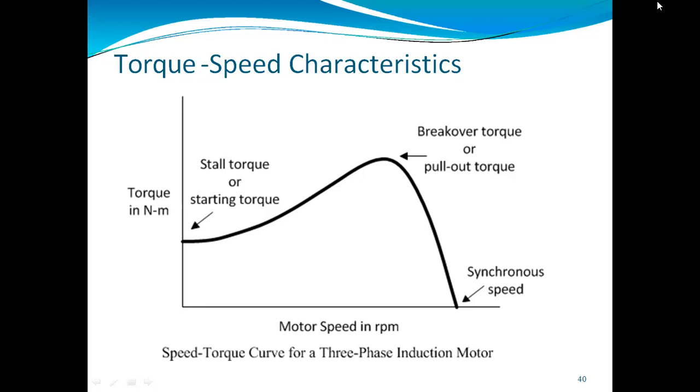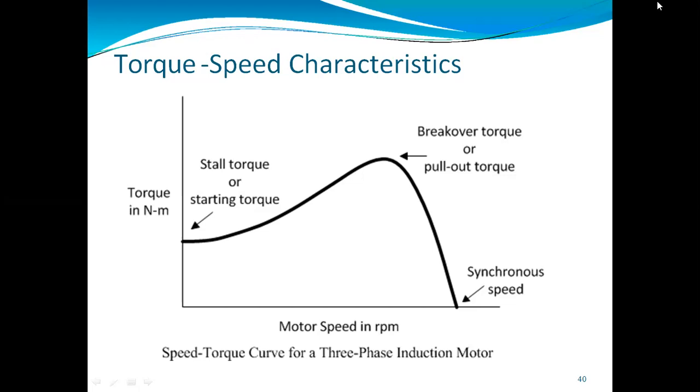In that equation, we saw that the torque is directly proportional to the resistance. It is directly proportional to the value of S. But at one point, it will be inversely proportional. How? Because in the equation, the slip S appears the first time in the numerator, and the second time it appears in the addition in the denominator. So observe these things. We have already seen this in the previous session, and we have seen the numericals also.